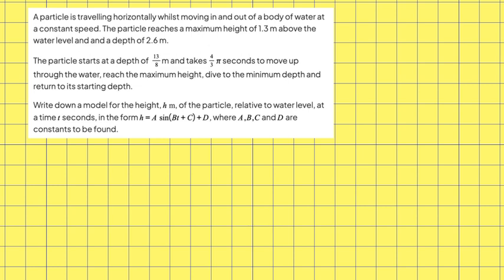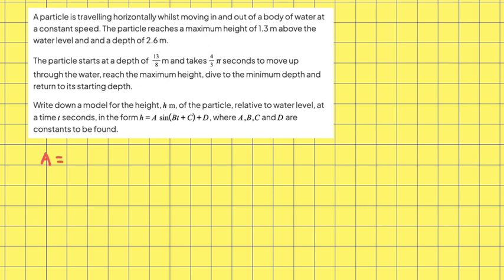Write down a model for the height, h meters, of the particle relative to water level at a time t seconds in the form of h is equal to a sine brackets bt plus c plus d, where a, b, c and d are constants to be found. Let's find the values of A, B, C and D. So A